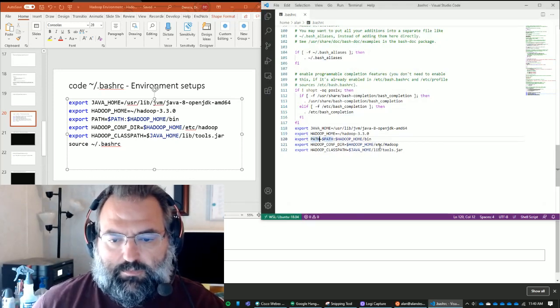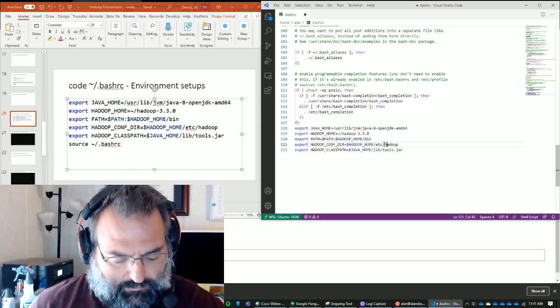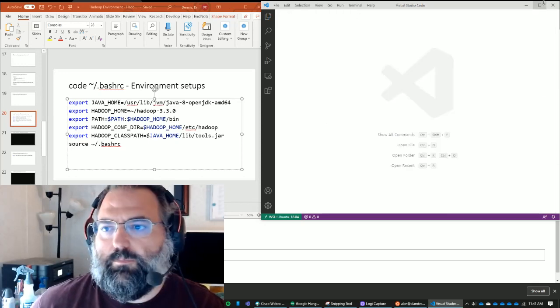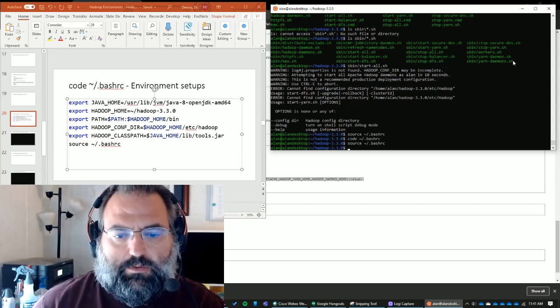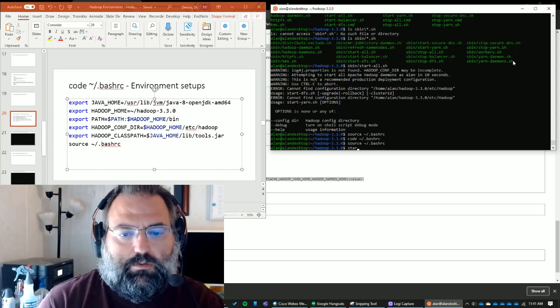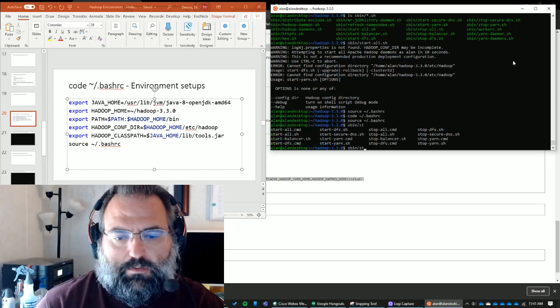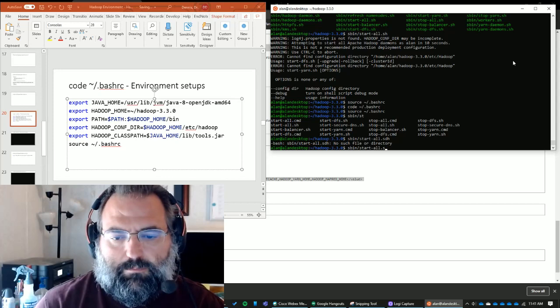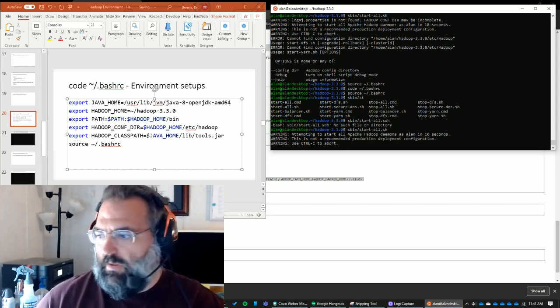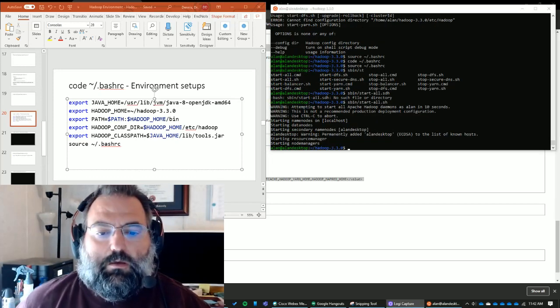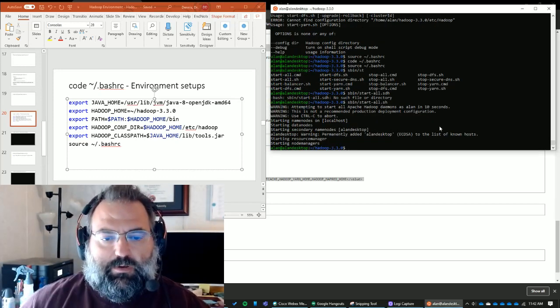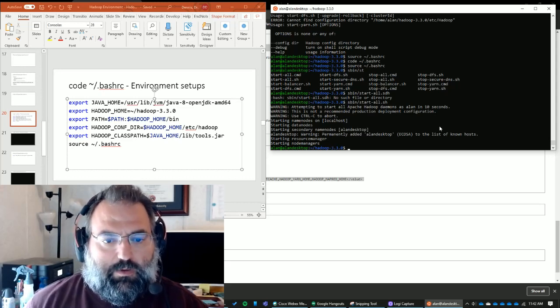And change this capital Hadoop to a lowercase, and then source it again, and go back and run it. I'll take one pause here for a second while it's doing that. And so we can see now that it actually started up, and it's showing us that there's a name node